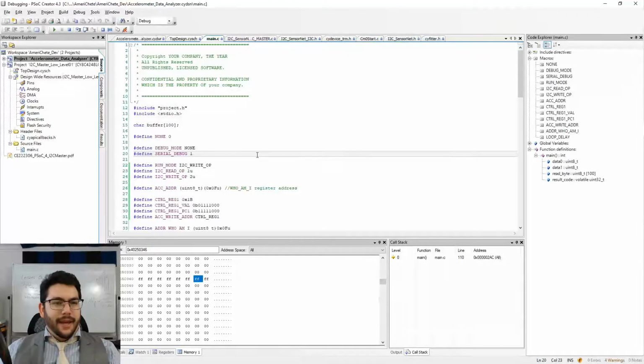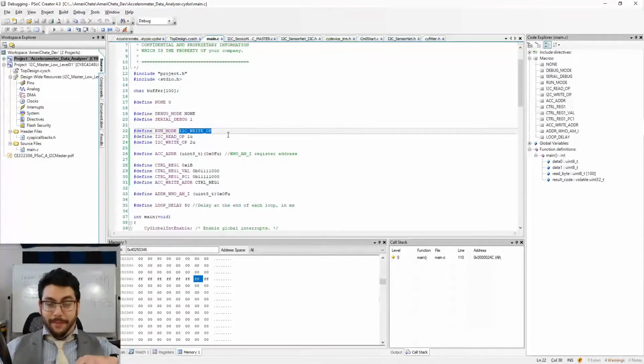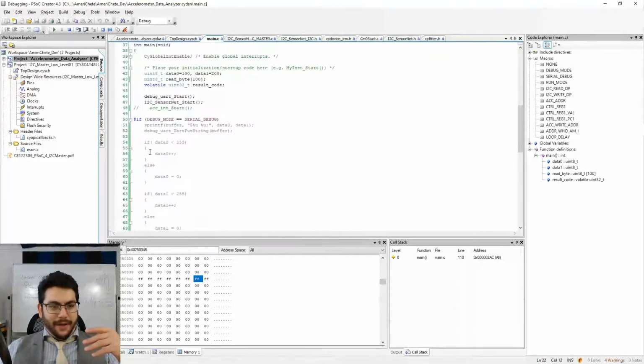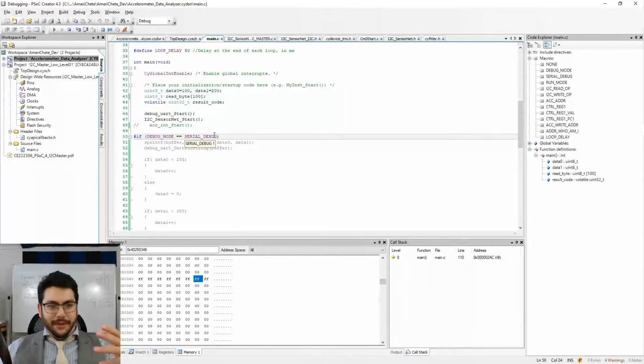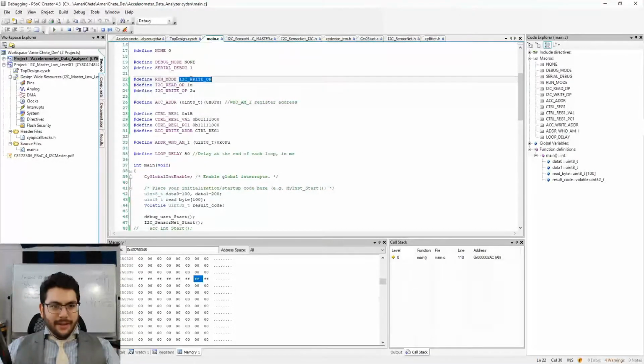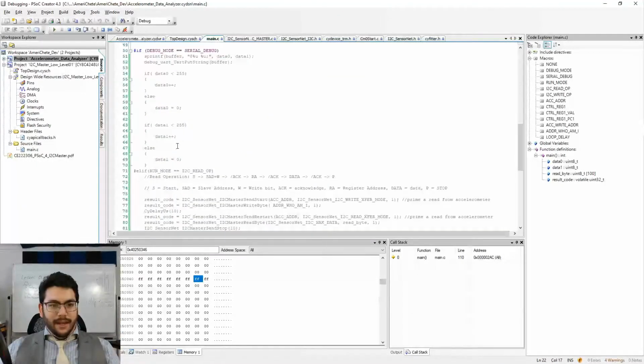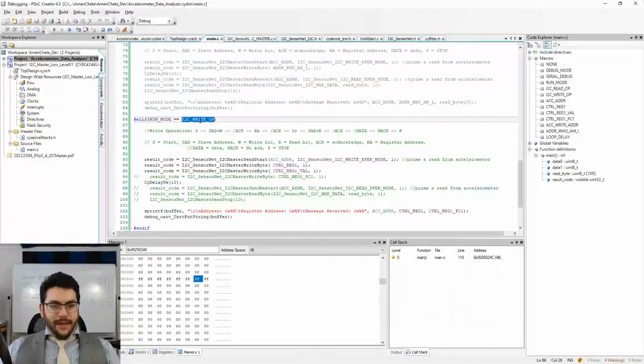All right, so here we have, in my projects, I always have this stuff that's like set debug modes, and I have run modes, right? So right now I have a run mode of I can do a write operation or I can do a read operation, and that's how I wrote this software. These are all pound defines, so what I'll do is I'll do a pound define if, and then debug mode equals serial mode. All serial mode would do is tests my serial data software. It's a different thing, don't worry about it. But the run mode is the important one, because I'm in I2C write operation mode, which is defined as just number 2. It's just an enumeration so that I can say, hey, if run mode equals I2C write operation, then